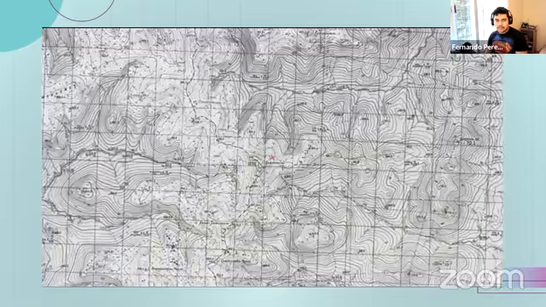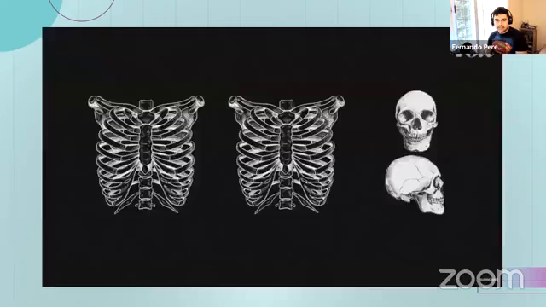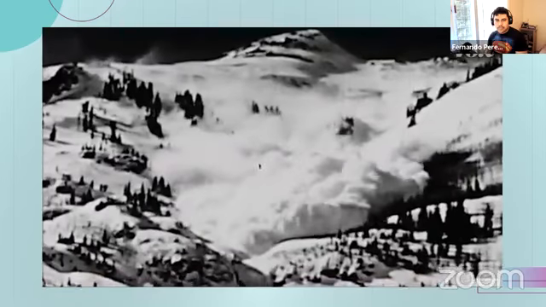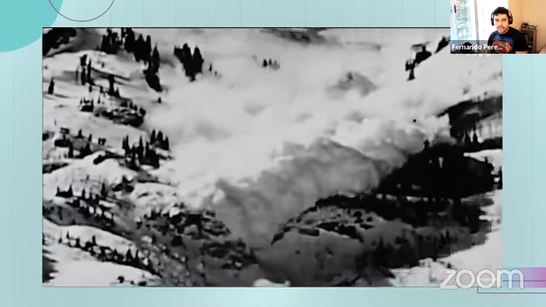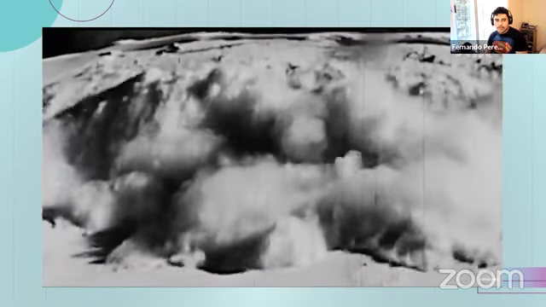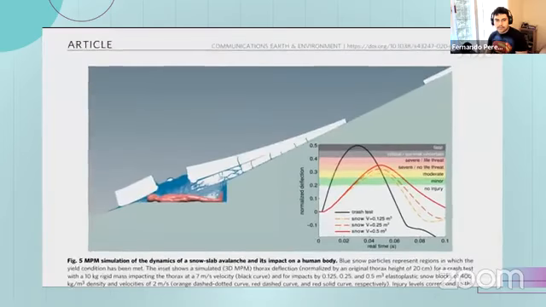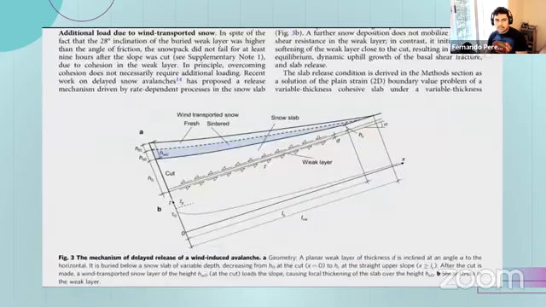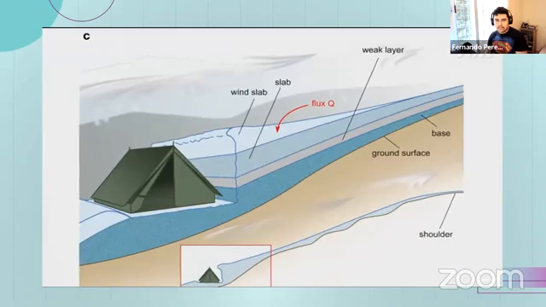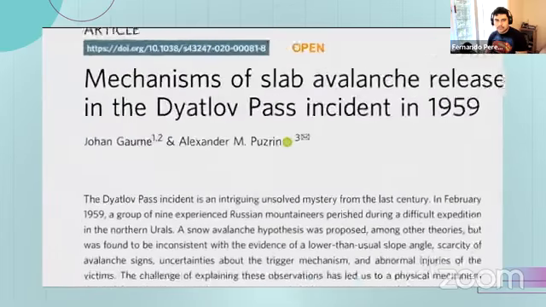Because this area isn't considered prone to avalanches, and the internal injuries don't match those typically found in avalanche victims, who mostly die from asphyxiation after being swept away by snow, this theory has often been disregarded. But a scientific paper published in January 2021 demonstrates that the hikers could have been hit by a very specific kind of avalanche. My name is Joan Gaume, and I'm professor at the Swiss Federal Institute of Technology, and I